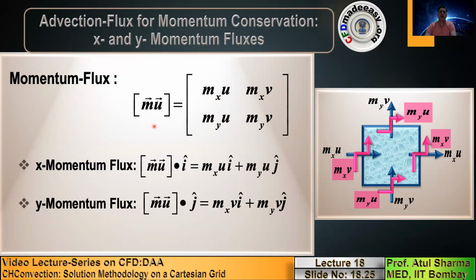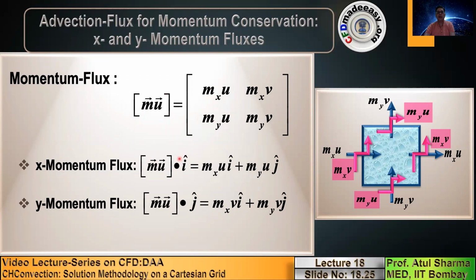However, although it's a second order tensor, you apply the vector conservation law, that is the momentum conservation law, component by component. So when you take its x component, the general operation is you take the dot product with i. For the y component, you take the dot product with j. So when you take the dot product of the second order tensor with a unit vector, it gets reduced from a second order tensor to a first order tensor, which is a vector. The mathematical operation is such that the dot product is defined as you take the first column and express it like a vector.